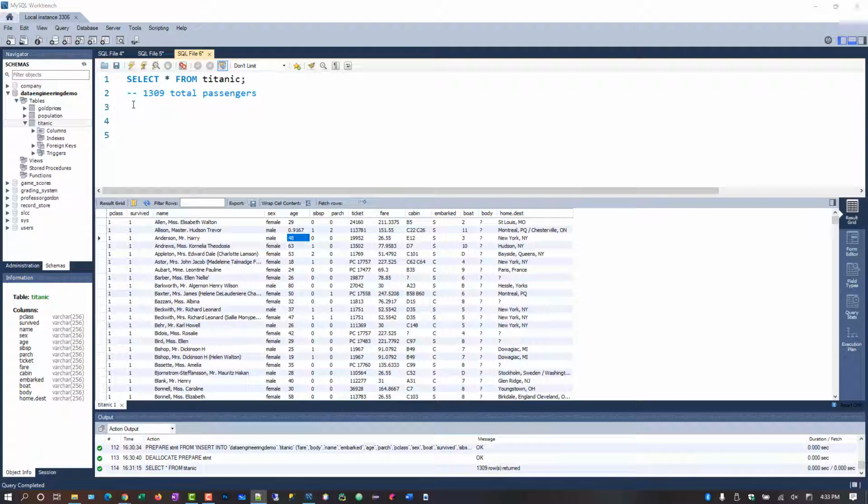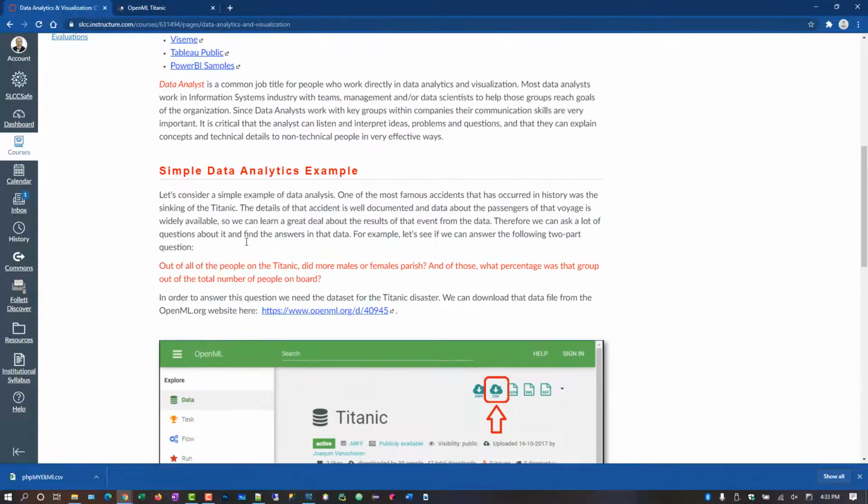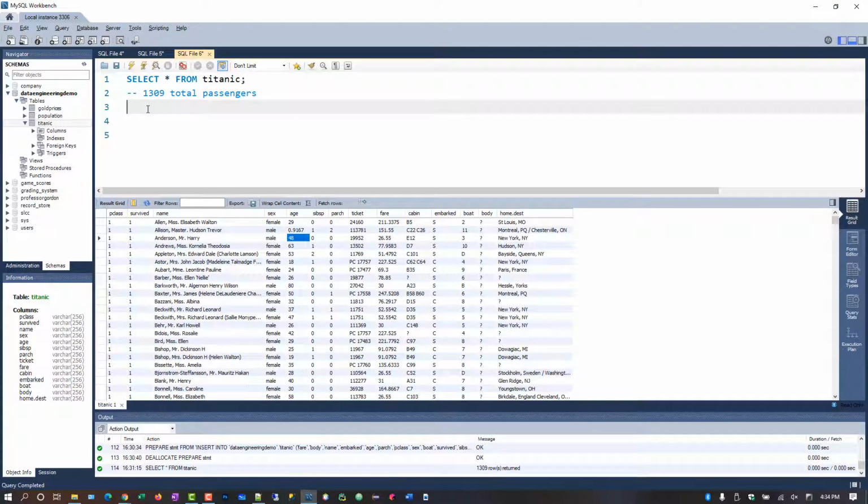Okay. So the next thing is, let's go back to that question, right? So we want to know, out of all of the people on the Titanic, did more males or females perish? So the first thing we can do is just take a look and see how many of each of the two genders there were on board to start with. Okay, so we're going to use an aggregate count and combine that with group by to get